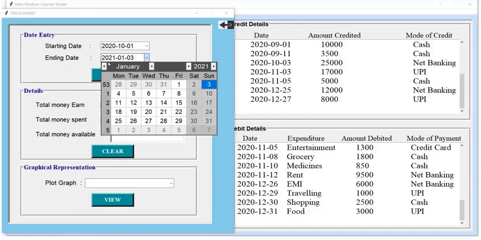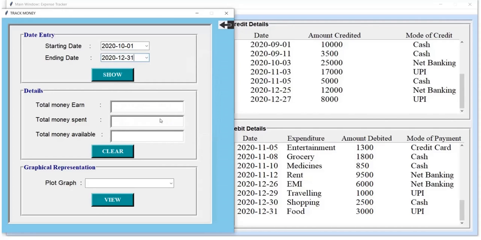Let's say from October 1 till 31st December. And when we click on the show button, it will give us the amount earned, spent, and available